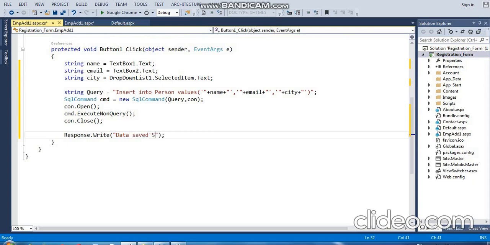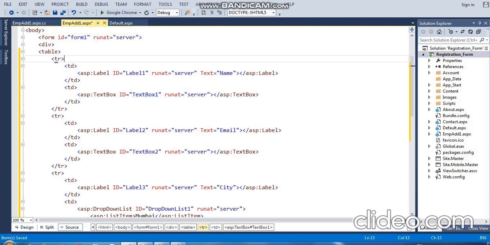Now just go to your HTML page, right click that and view in browser. It will take some time to open your web form.